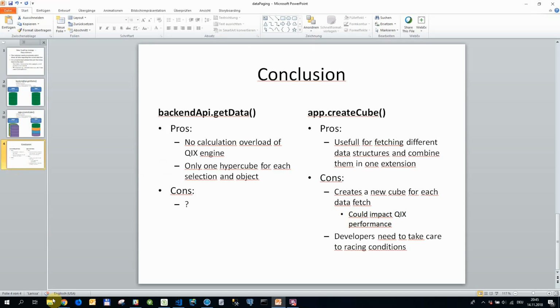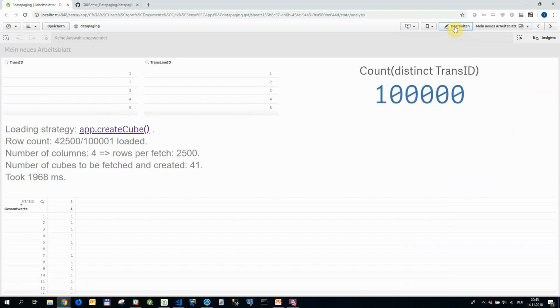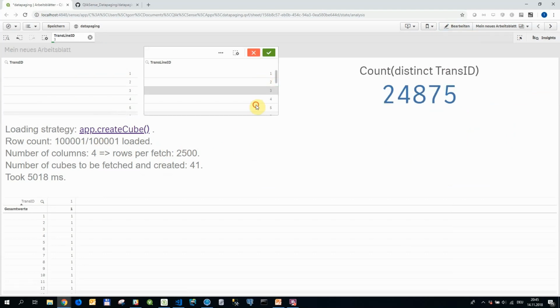And just to show you an example about these racing conditions, because I did not implement such racing handling in the createCube function, let's load all the data again. And now I go back to the extension and just let it run until it has finished. And what I will do now is just take a selection and again select other things, and now